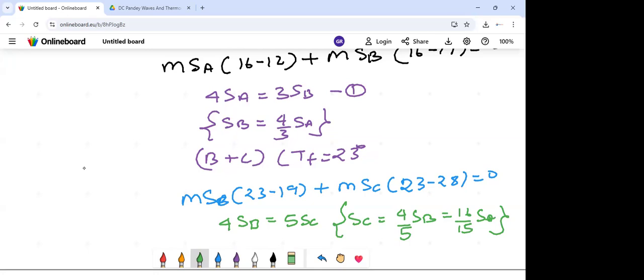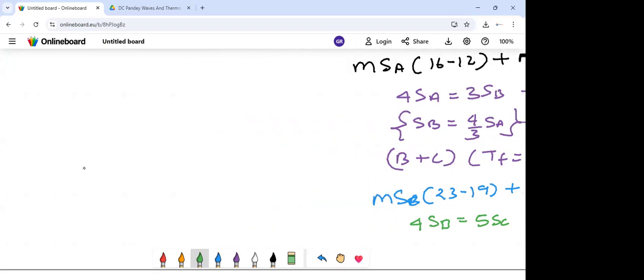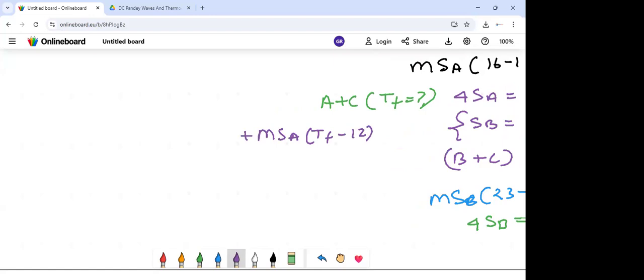Yes, sir. Now, what they are saying is that when A and C are mixed, what will be the final temperature? So again, same thing we will use. T final minus 12, here I'll write specific heat of C. Mass into specific heat of C, final minus 28. So when you solve it,